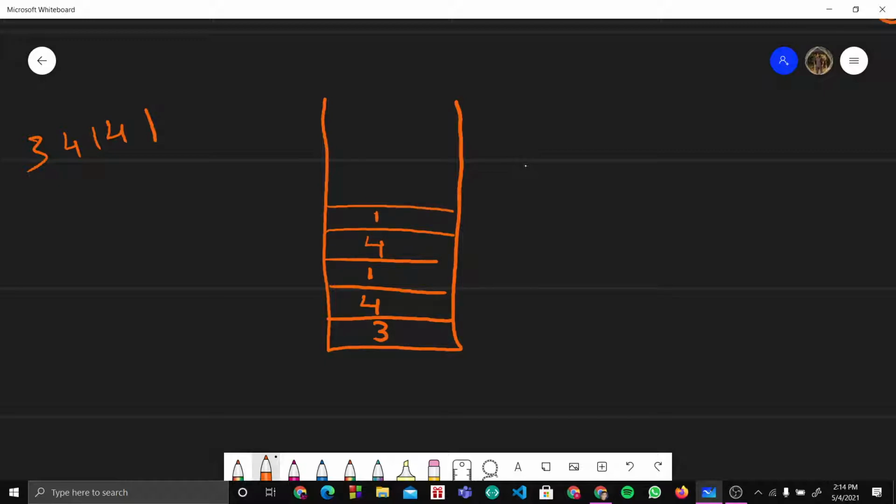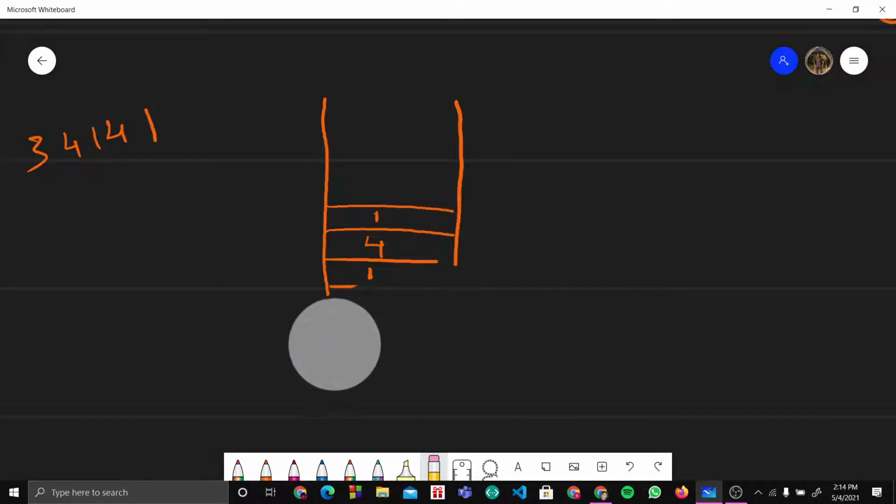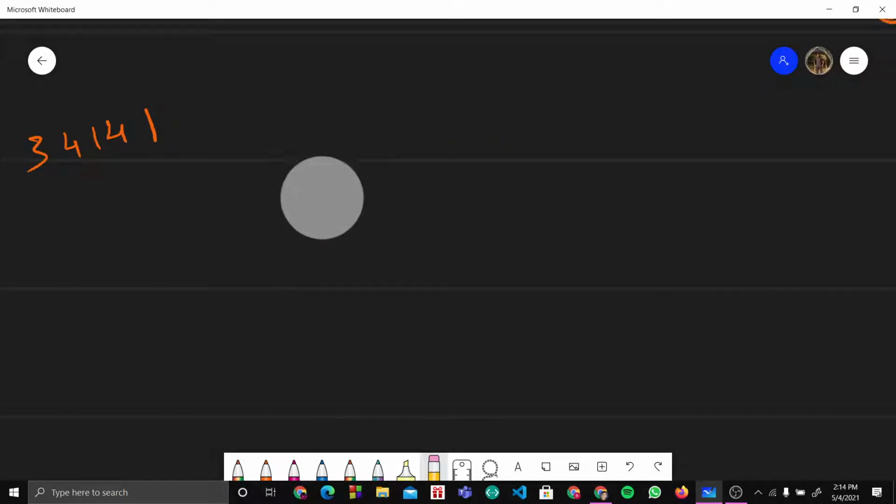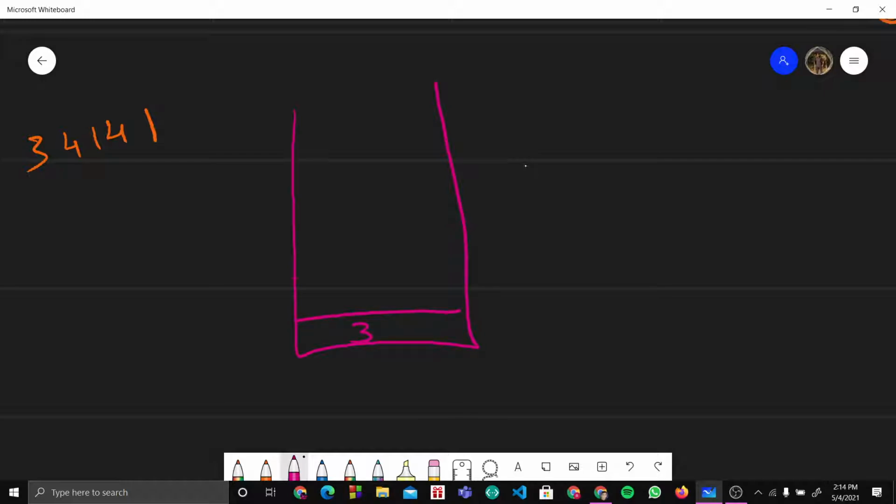Now I will push my 4 value inside the stack, and again I will push my 1 value. But just pushing these values won't work. My condition will be, if I have any number that is less than my current number, I will remove those. So basically this is how my stack will work. First I entered 3, now 4. 4 is greater than 3, so no issues, we can push 4. Then I have 1. Now my 4 and 3 are less than 1, right? So I will be removing these two elements.